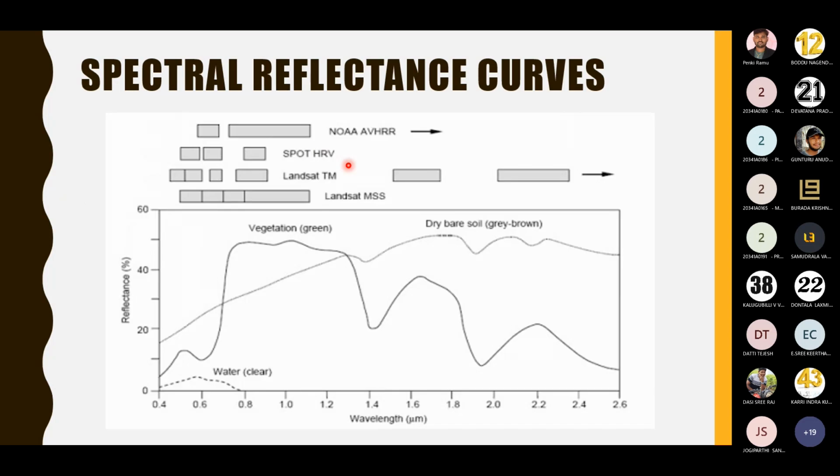For example, sensors have the capability to distinguish the energy based on the wavelength. If I'm talking about the Landsat MSS, multispectral scanner, all types of energy will be flowing towards the multispectral scanner because so many types of objects are present on the earth surface, such as water body, vegetation, soil, and some other objects. All these objects reflect different forms of energy into the atmosphere. So the incoming energy towards the multispectral scanner will include multiple wavelengths of